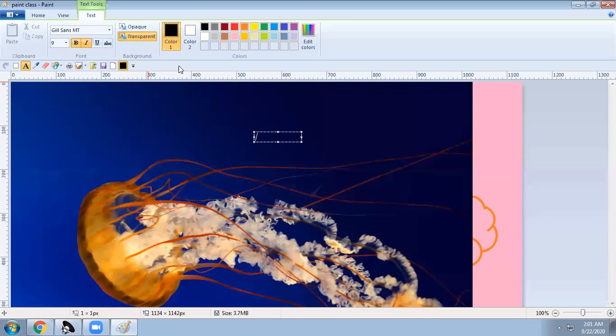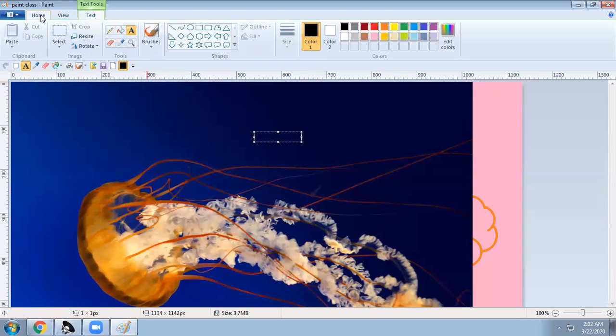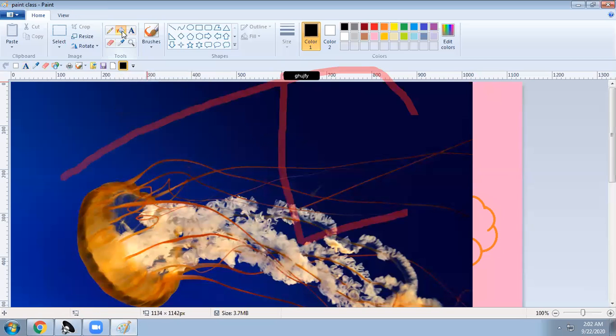It's very easy to pick up the color. In the Home tab, you have the fill with color option. You can take it like this, and if you have drawn a circle like this and want to fill, for example, again I have drawn, I will just take fill like this.